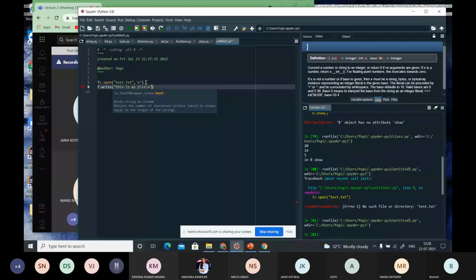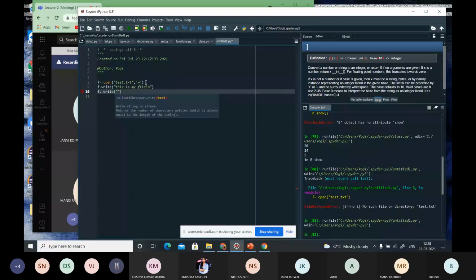Okay, again I want to write one new line, f dot write, "my name is Tanu". After doing these modifications, now I just want to close this. Let me run this also. It has run successfully.